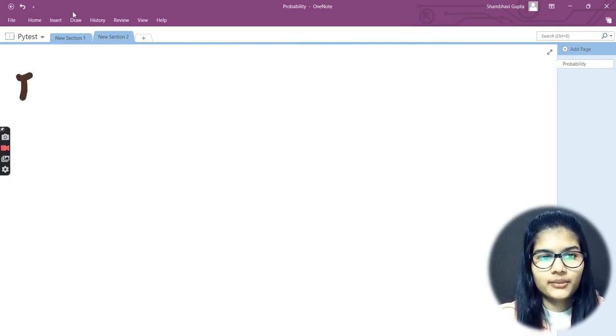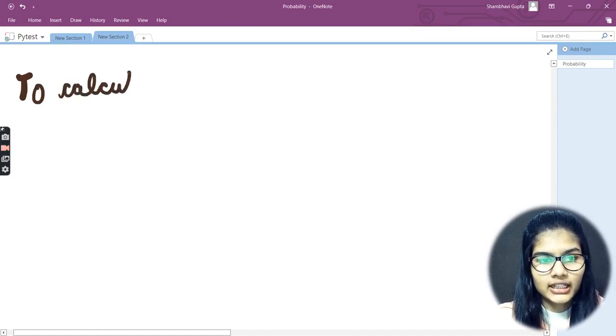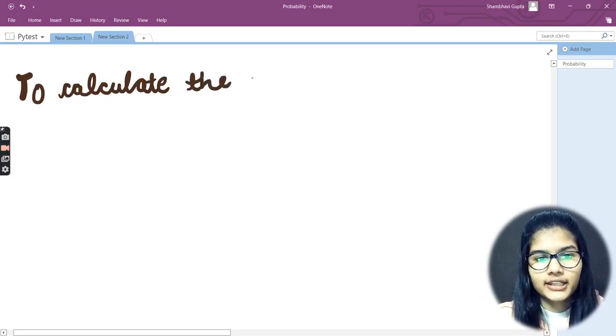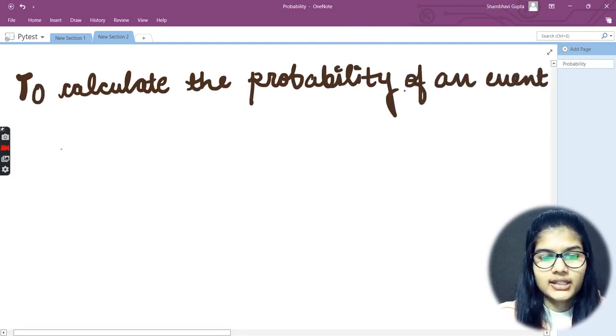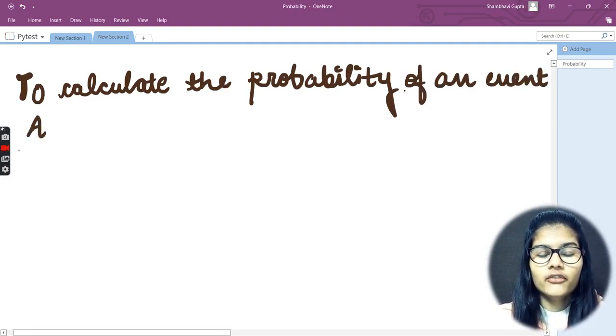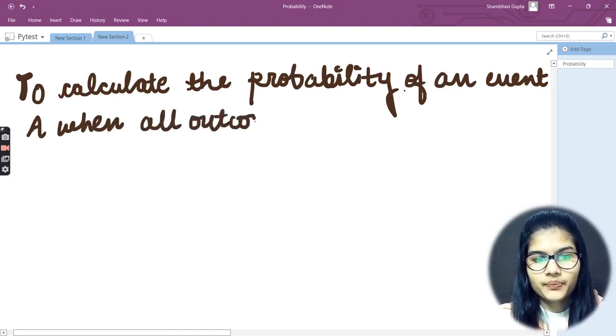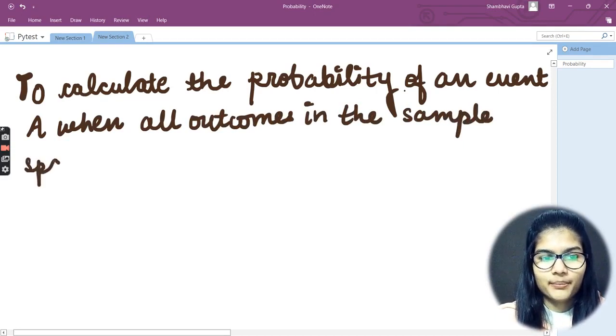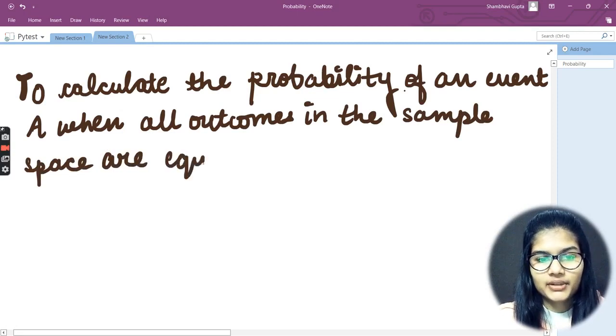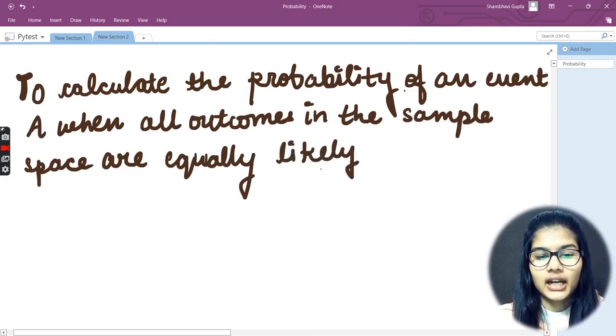So let me take the thin pen. Fine. So, to calculate the probability of an event A, let's say that my event is A, for calculating the probability of an event A, when all outcomes in the sample space are equally likely,